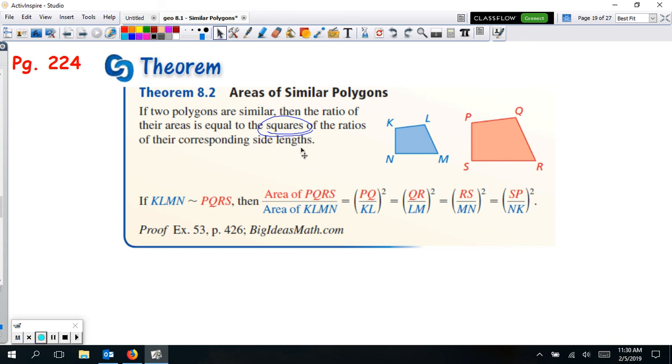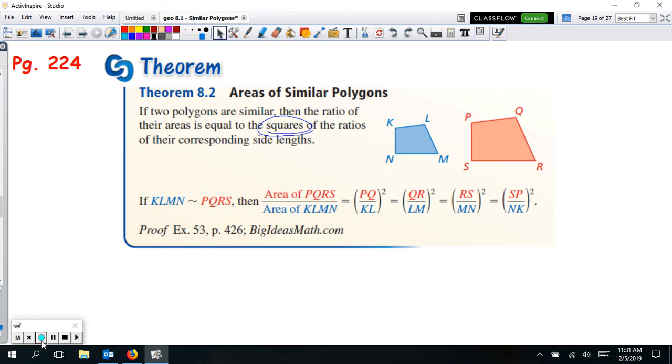So basically we could find the scale factor again, just like we did with the perimeter, except this time it's not equal to the scale factor, it's equal to the scale factor squared, or a ratio of the sides squared. I usually like the scale factor because it makes the numbers smallest or in simplest form for me. So I usually just make it always the scale factor and do the scale factor squared. Okay, so we're going to also do the same thing and put some